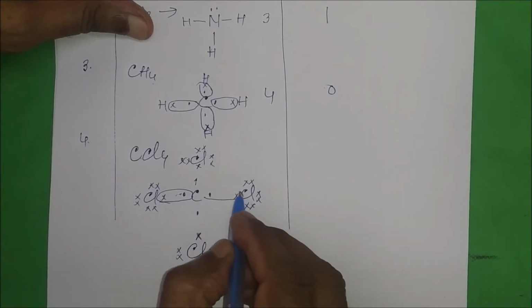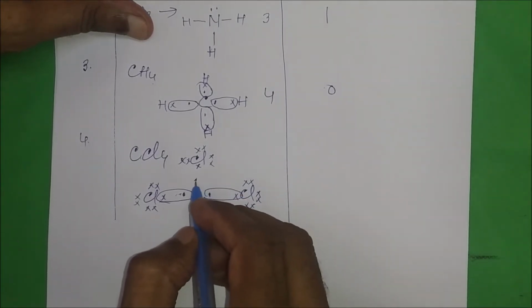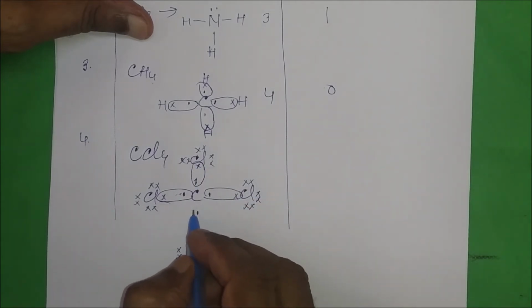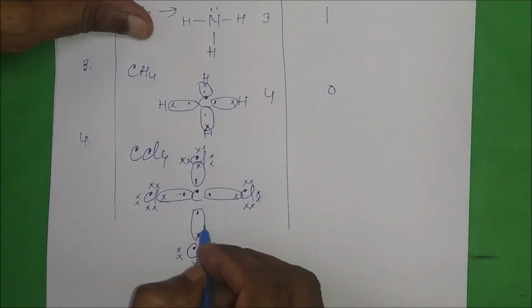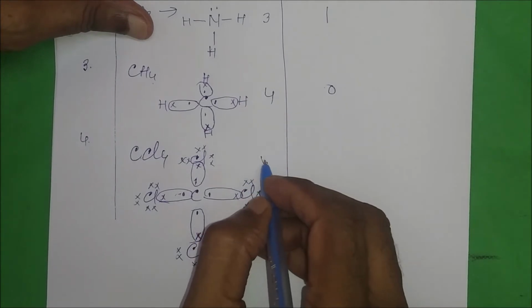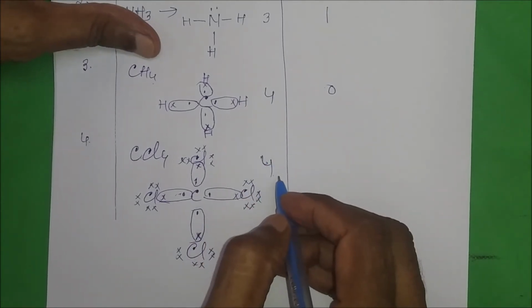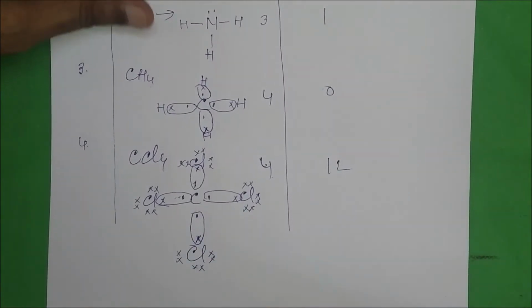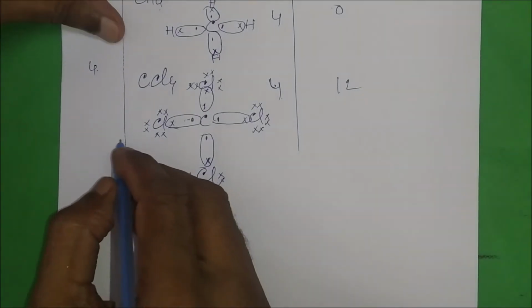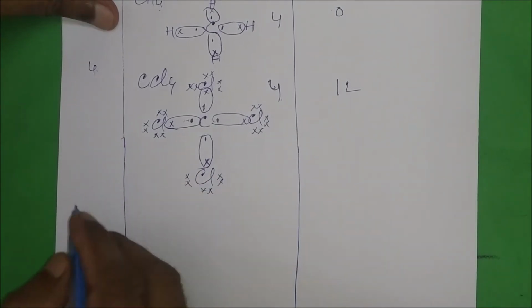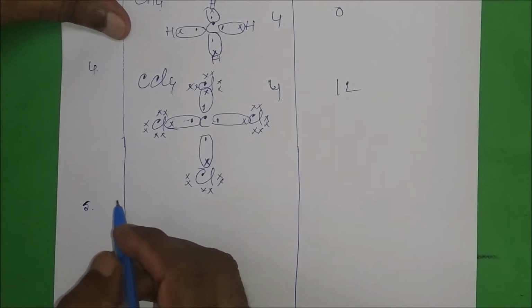So similarly, these 2 combine, and then these 2 combine, and then these 2 combine, right? So what is there in that? What you have seen here? 4 chlorine sets. So bond pair is 4, right? But here the lone pair will be 12, right? That number comes. Similarly, many examples are there that may come in your examination. So try to understand very clearly the types of formulas.